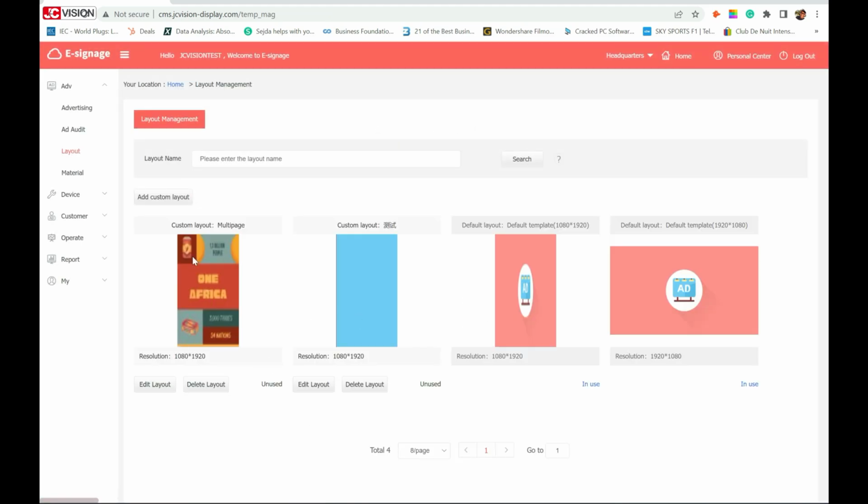So now the layout is here, and you can see whether it's used and not being used. I can edit the layout again here. So now if I want to use this specific layout on my display, I need to select it to be able to make it advertise again. So what you need to do,